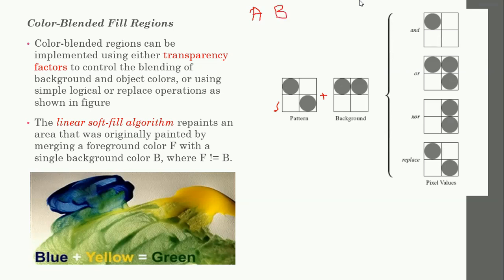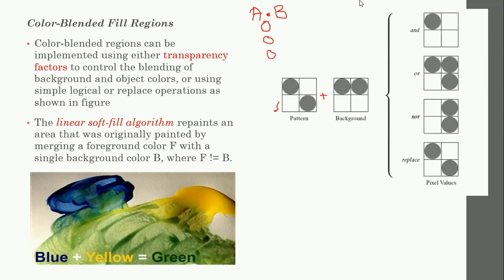AND operation means 0 and 0, you have 0; 0 and 1, again 0; 1 and 0, you have 0, is it?